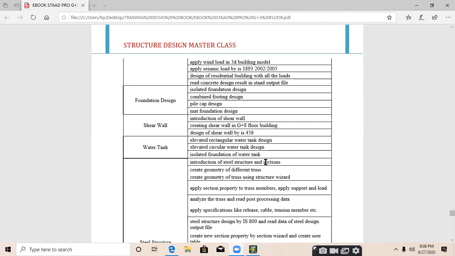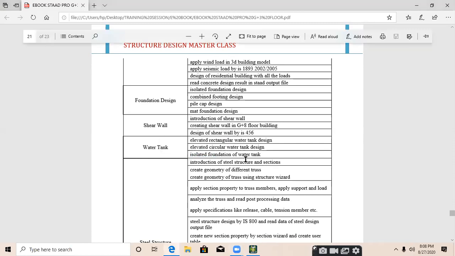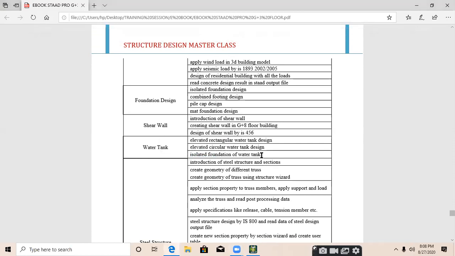I mentioned this topic here, but there is no need to teach it, I think, because we have designed it for the building. It is almost fully similar to that. That's why I'm not taking this particular lecture.